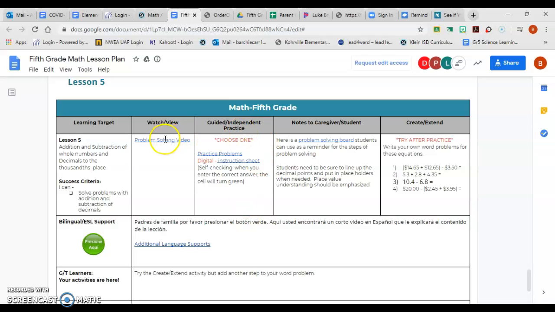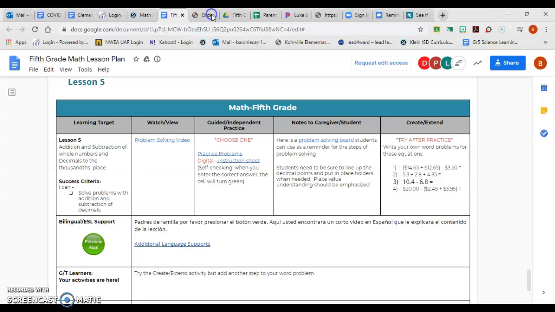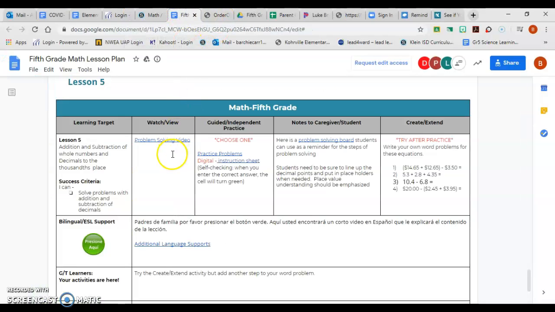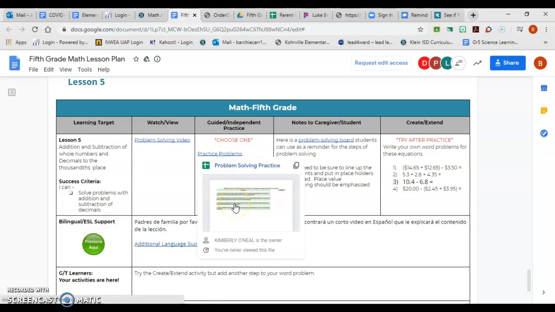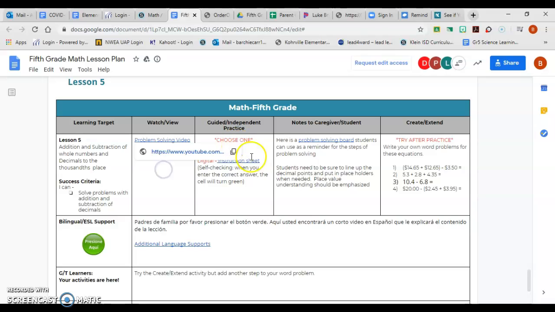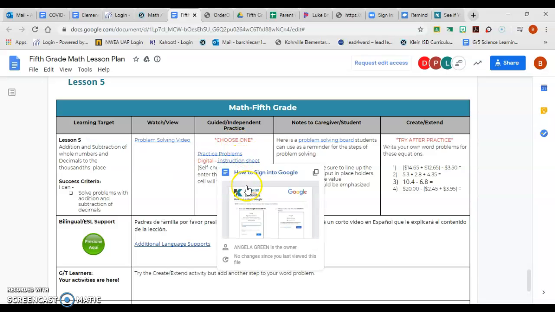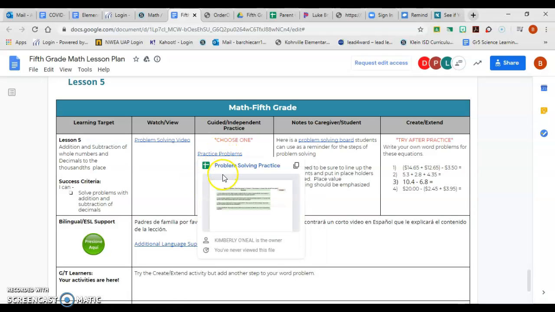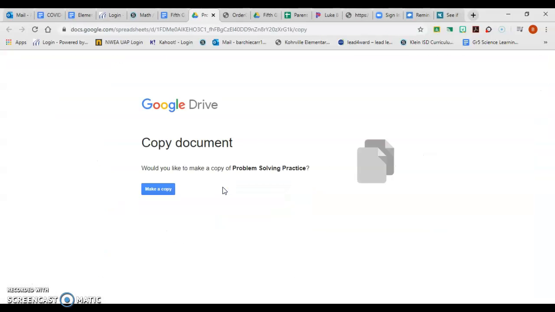All right, guys. So continuing with our adding and subtracting with our decimals, you're watching this video here. You'll click on it, open it up. It's only 3.5 minutes long, so not too bad. So there's your video there, and then you're going to complete these practice problems. There's no other options. It says choose one, but this is it. There's no choose one on this one. This is the option. Luckily though, guys, this is pretty short, and what I really like about this one is